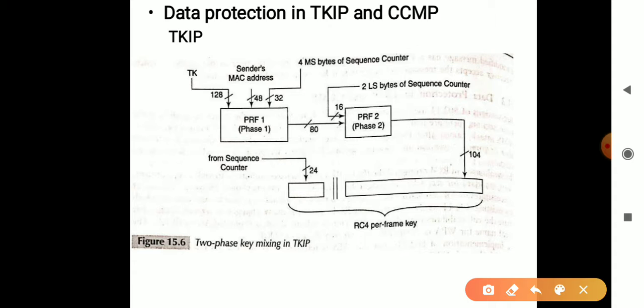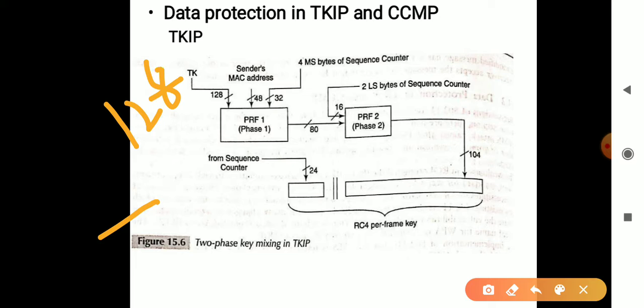This is going to work in a two-phase mixing. Now you can see that in this diagram. Now let us see how exactly it is going to work. The first input is the TK, which is a temporal key generated in the key hierarchy, a 128-bit key.